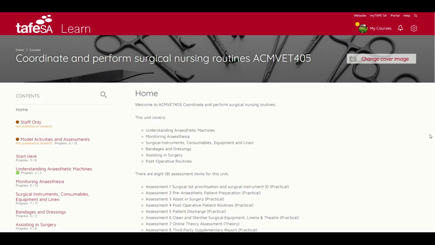You may have noticed on your timetable that this unit is delivered and assessed concurrently with ACMVET413. The reason why we've chosen to deliver and assess these units together is because there are a lot of crossovers between the theory information that's delivered to you, and there are also some crossovers in the assessment items as well. So I'm going to explain to you firstly in this video the assessment items linked directly to ACMVET405, and